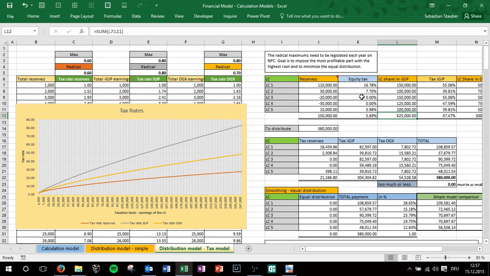Normally, you cannot tax negative reserves. So here you have a VLOOKUP function with an IFNA logical function included. Therefore, you cannot tax LCs in debt, at least for reserves. I mean, you can tax them for IGP income and OGX income, but if they are in debt, you cannot tax their